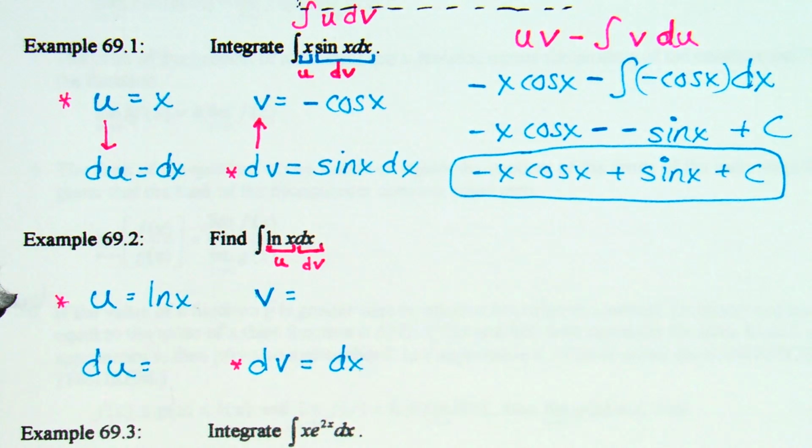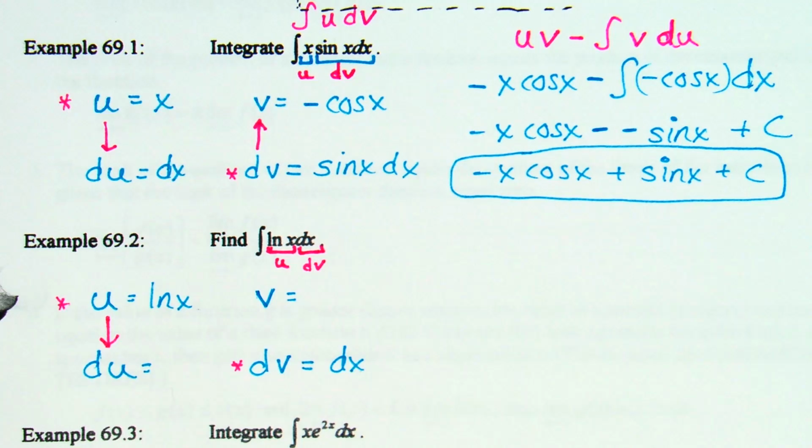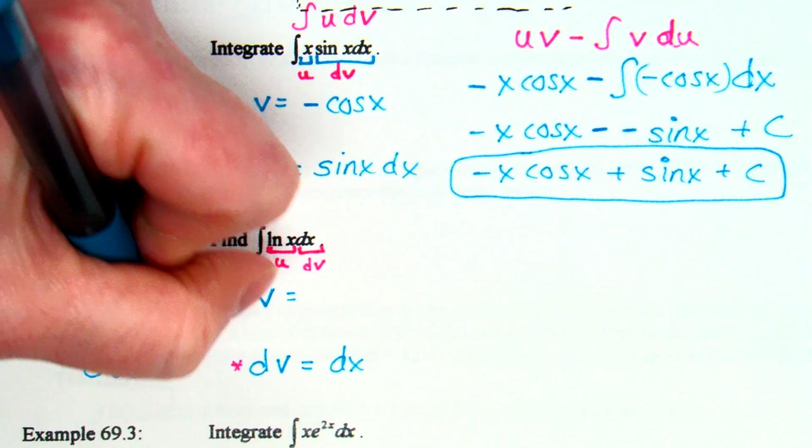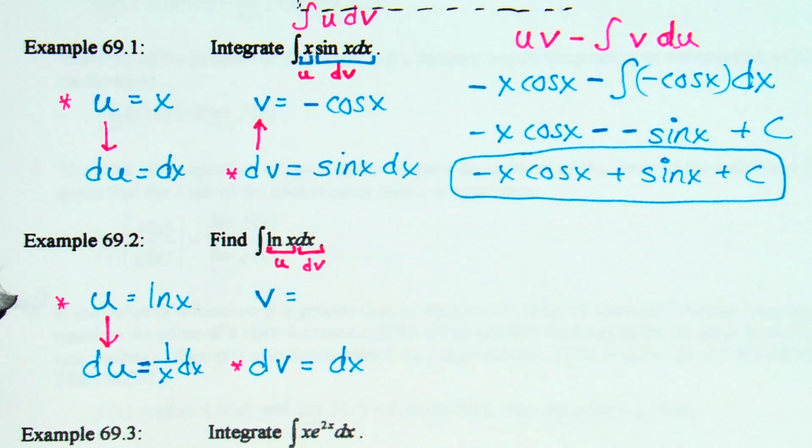Okay, can you complete your box? The derivative of u is du. So what is the derivative of ln x? 1 over x dx. I know a lot of you guys tend to leave those off, but those little du's, dx's, they're important